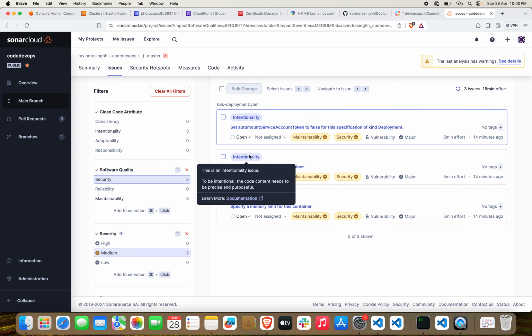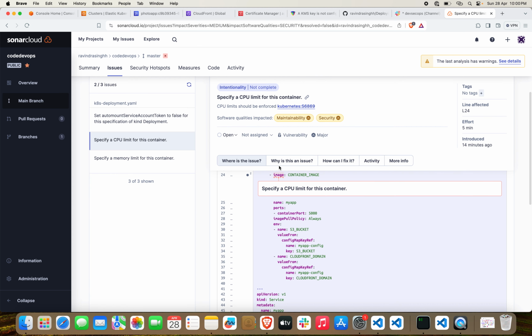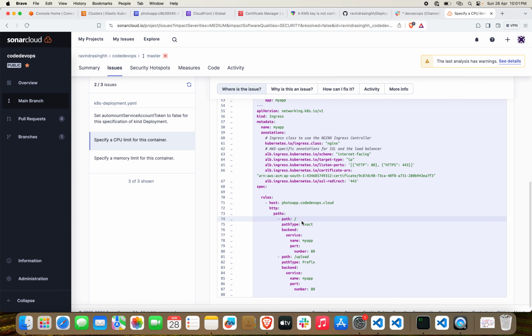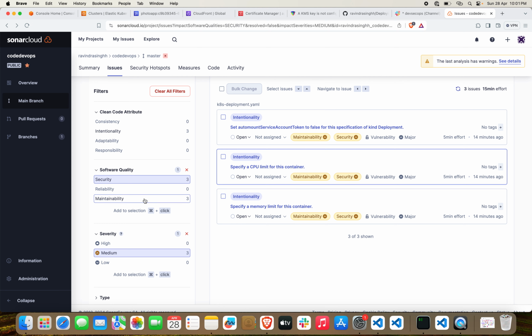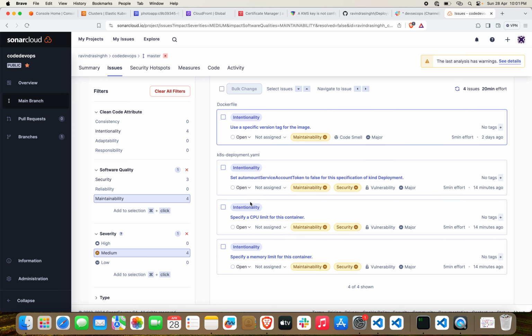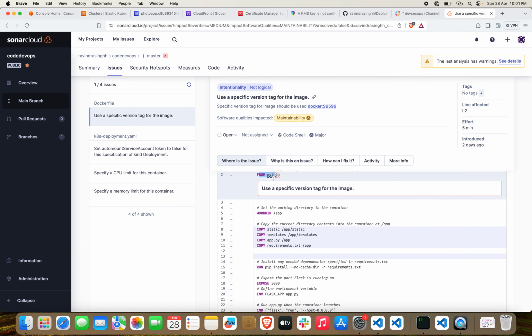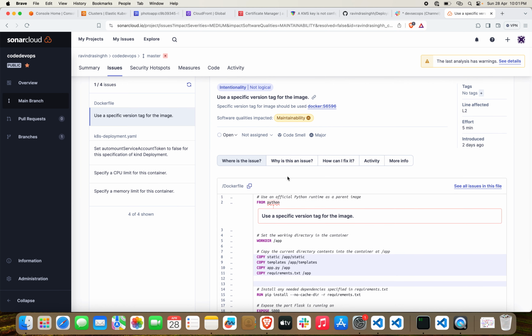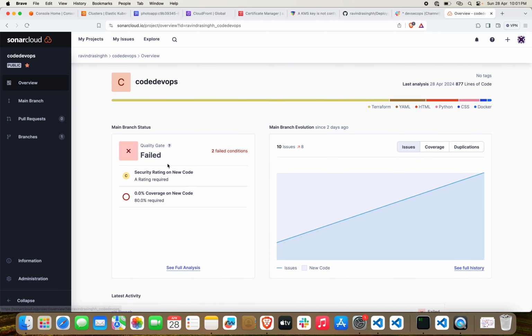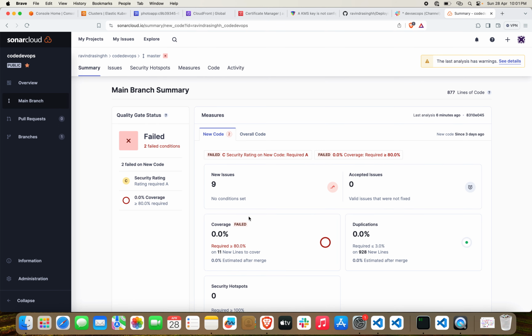So let's click over here and understand. If we click here, we can see that it is showing you to specify a CPU limit for this container. This is the Kubernetes one, and if you go here, you can see that it is also showing you that we haven't used the tag here. We are using the latest image. We are not using any tag like slim, or mentioning any version over there. And apart from that, if we see here,